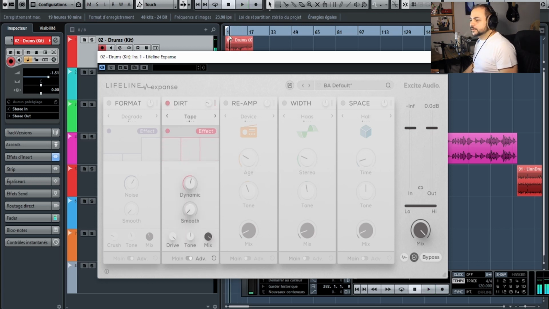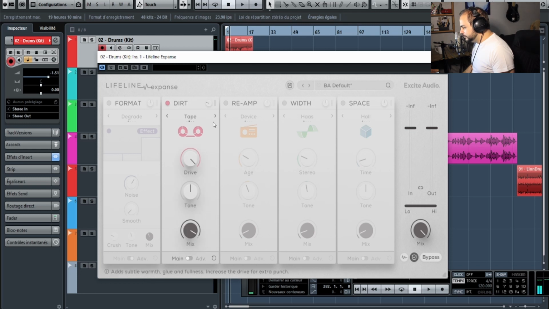Pretty cool. I'm going to try to level match everything, but that's not going to be the case with this plugin. It's just too creative and all over the place, so it's going to be difficult, just to let you know. All right, let's try the different saturation options that we've got just with this. The main tab,